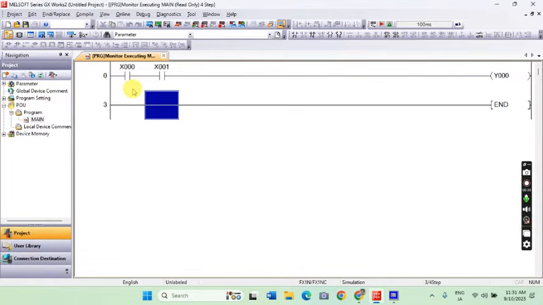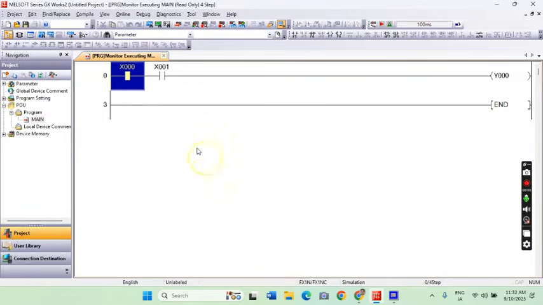I did not put device comments in this part, so let's just remember that X0 is switch 1, X1 is switch 2, and Y0 is a light bulb. Let's try switching on the first switch. How do we do that again? We just need to press Shift plus Enter.